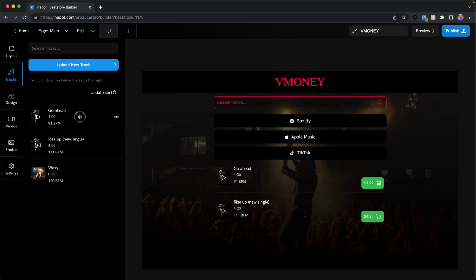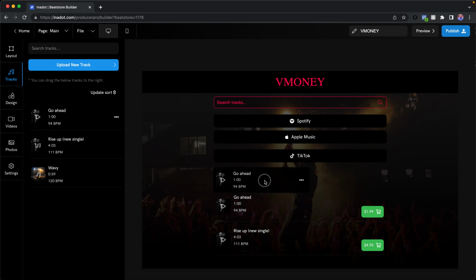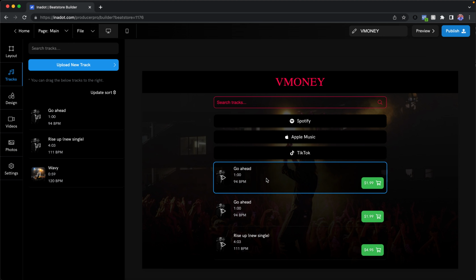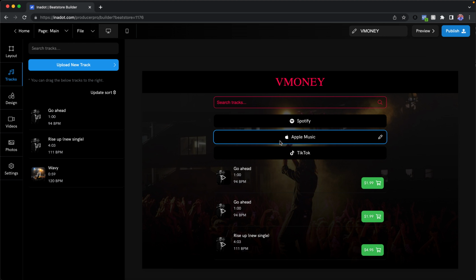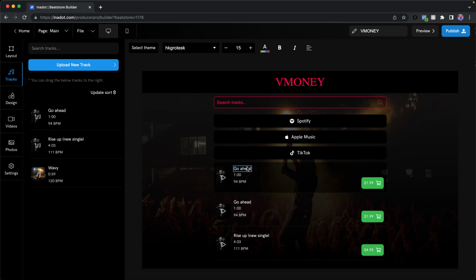Let me do that again. So if I wanted to put this right underneath here, I can just drag and drop. And it's that simple. Now, if I want to edit certain attributes, certain properties, meaning like I want this title to be a lot bigger, well, you just click on the individual element. You click on the title and you'll see here